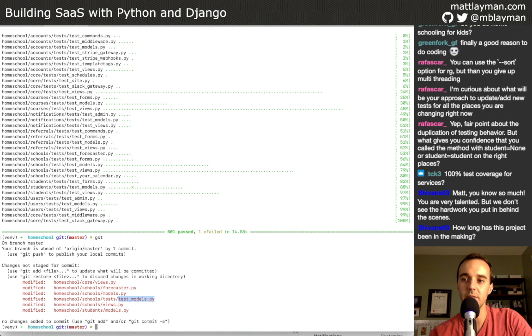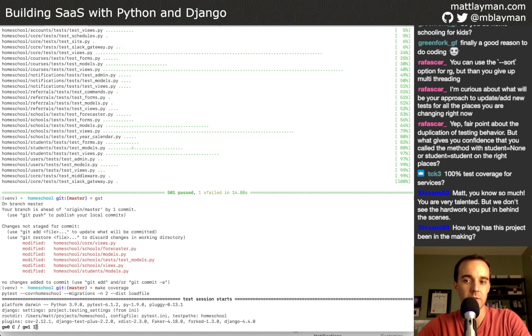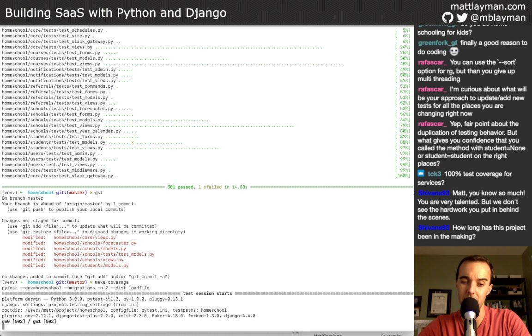TCK3, yeah, 100% test coverage for services. Is there more to that question? Because I have a command, like we can see it here. So this thing will run, and this is going to be the coverage run. In theory, I don't think I added any, we added a new argument, no new branches, as I said. So this should report back 100% coverage on this unit test suite.